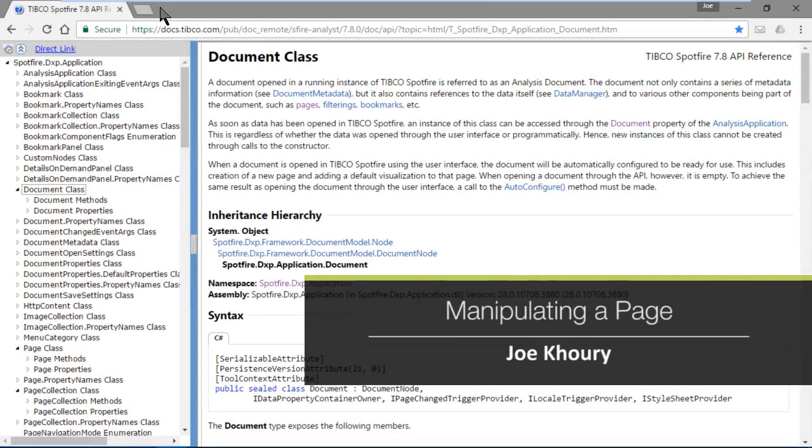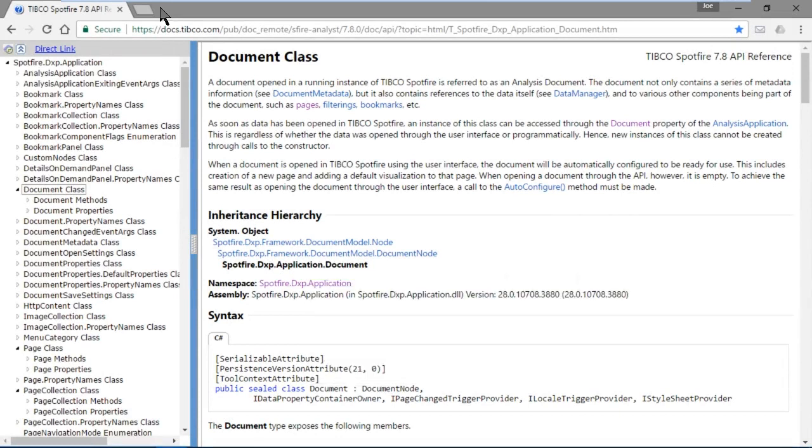In this video, we'll manipulate a page in Spotfire using IronPython script. Before we get into the IronPython script, let's understand some terminology. When you are using IronPython script with the Spotfire API, the analysis file itself is referenced as a document. There are also a number of elements that are considered primary elements within the document. And these are elements like properties, pages, visualizations, markings, panels like the filtering schemes panel, and, for example, data tables